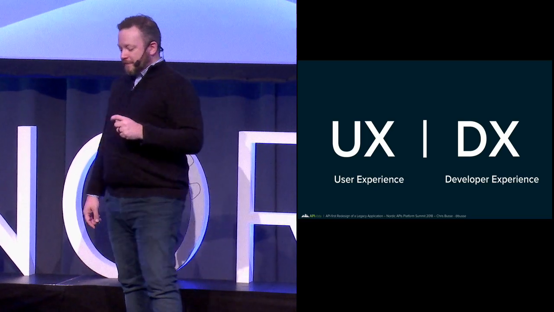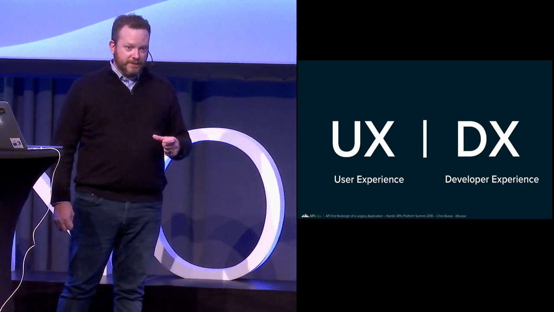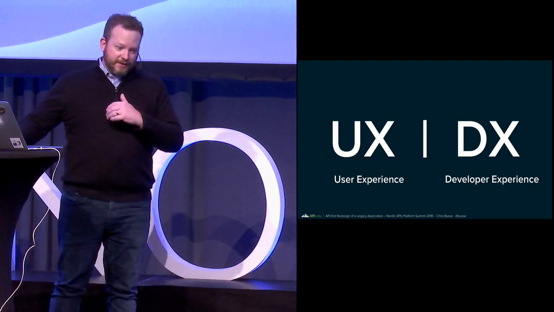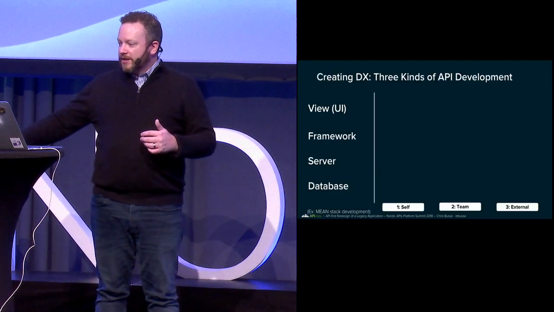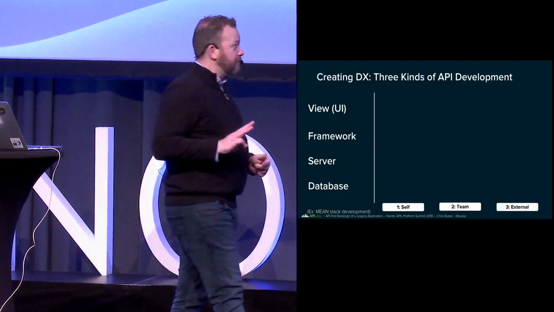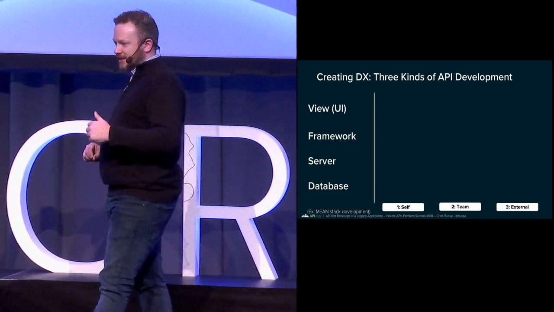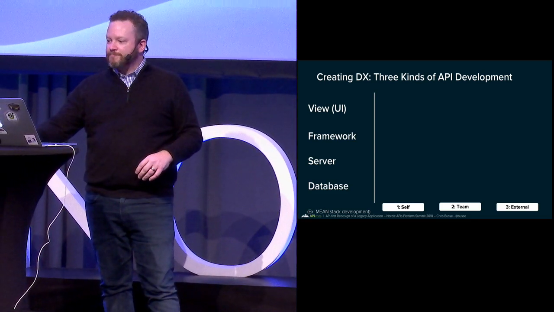Now, I spend about half of my time, a third to half of my week on any given week, interviewing people for our growing team, sometimes on behalf of the clients. And through the course of talking to several hundred developers over the past few years, I've broken it down that there are 3 kinds of API development. I'm using a MEAN stack example here. We go from database, server, framework, to the Angular UI here.